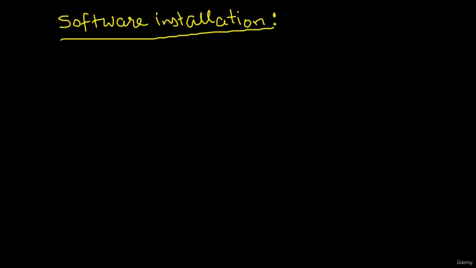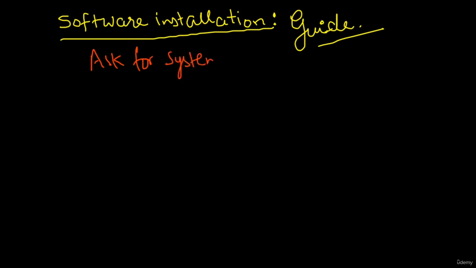They give you a guide, and that guide is going to help you install the software on your machine. So what does it actually do? It first checks the configuration or asks for the system requirements. Like if I try to download rocket science software on my simple computer, it is not going to work, even though I install it. In most cases, I believe it will not work. Why? Because my system does not fulfill that high specification, that high storage, that high RAM, that high